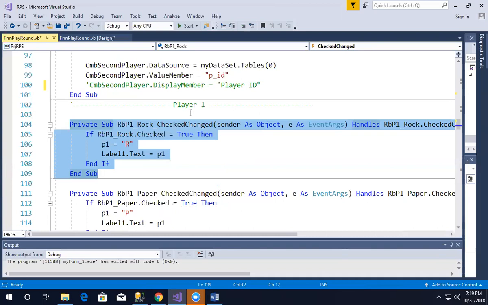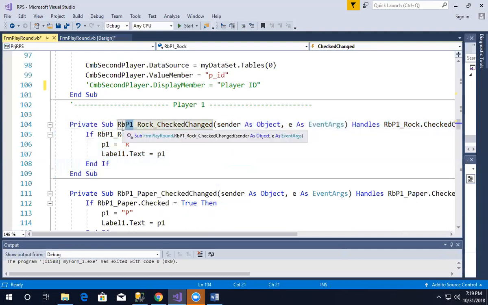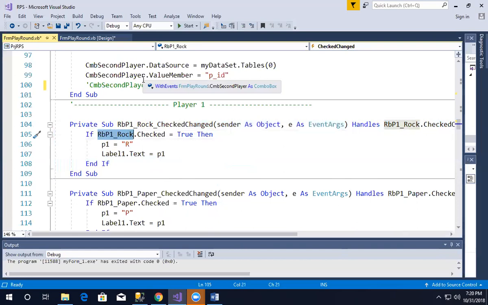Is that one step in Visual Basic? Nah, well, no. But they're so much the same that let's look at one of them. RB P1 radio button player 1 underscore rock. Radio button player 1 rock checked changed. If radio button P1 rock dot checked is equal to true,